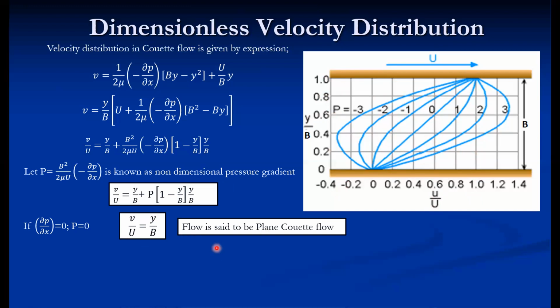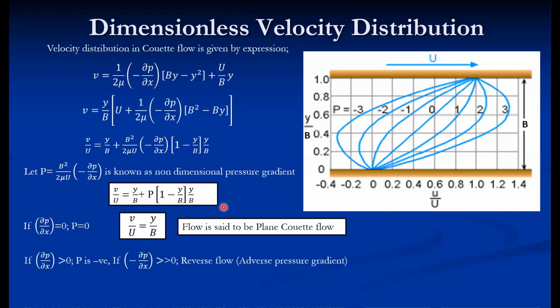So this is called plane Couette flow, and that condition arises when the P value is 0, and the P value is 0 when the pressure gradient is 0. Pressure gradient is 0 means the fluid in between is stationary, but it is moving only with the movement of this plate. So the layer adjacent to the upper plate possesses the same velocity. Here we can see the velocity reaches the maximum, the plate velocity. This is the first condition, which generally arises when the fluid in between is stationary.